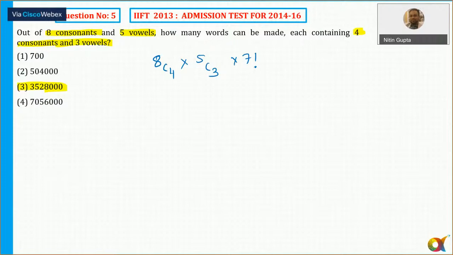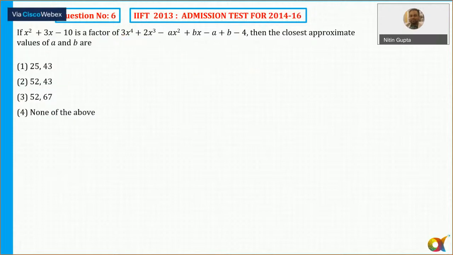Okay, so let's move to the next question. So this was a very easy one. Question number 6. Okay, another easy one. It says x square plus 3x minus 10 is a factor, so when dividing this by this, the remainder should be equal to 0. So first of all,